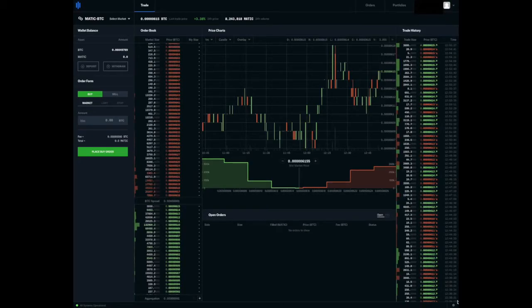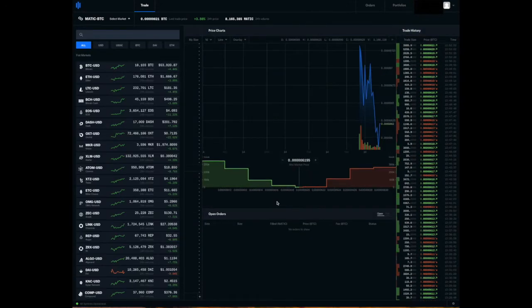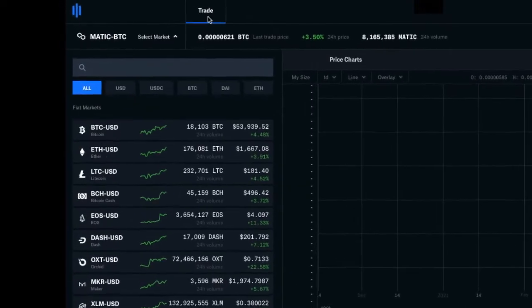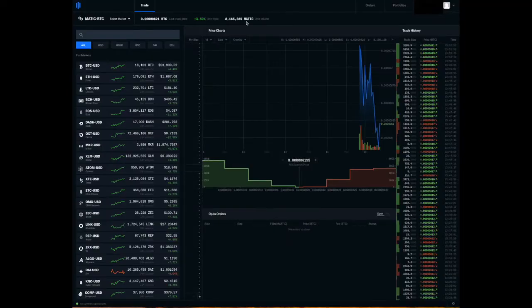Okay, we're in. So now you can see what I'll call the trading desk of Coinbase Pro. It clearly looks a lot different than Coinbase's. There's a lot of information here. So let's get started explaining what you're seeing. Here we are at what I'll call the trading desk, and I'm just going to give you a quick overview of what you're looking at. Up at the top left, we have a tab that says trade, and that's actually what we're looking at right now. Also across the top to the right, we have a tab for orders,